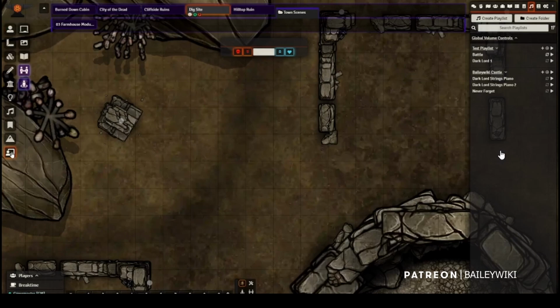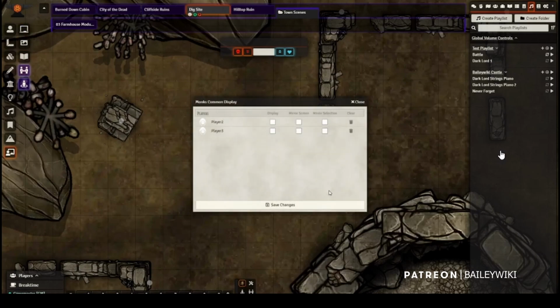Yeah. So it's not one of those ones that demonstrates very well. But what common display is, and it's got a horrible name. I mean, it's an accurate name, because if you have a TV on a table and you're all playing around that, it is the common display that everybody's looking at. But nobody knows what it is, which is why I want to draw attention to it